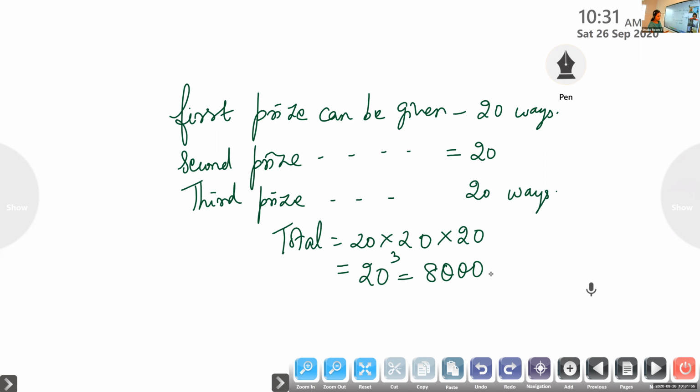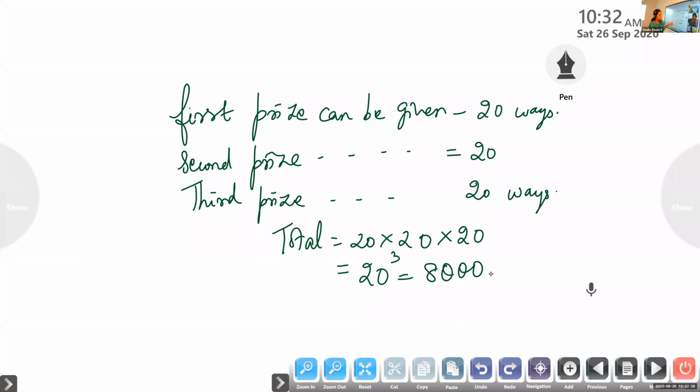Is it clear? There we are not arranging the students. Okay, the first boy, you can arrange it in 20 ways. So first prize, we can arrange it in 20 ways. Second prize, we can arrange it in 20 ways. If it's not given as 3 different sports items, it is the same, and we would go for 20, 19. Okay, 3 different, okay, ma'am. 3 different sports items, and here this is the answer we are getting because a child